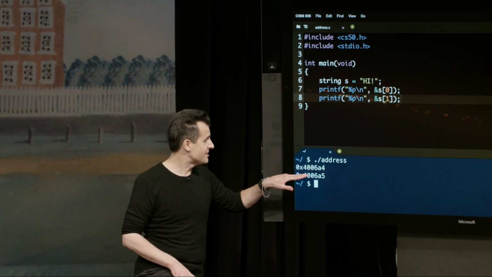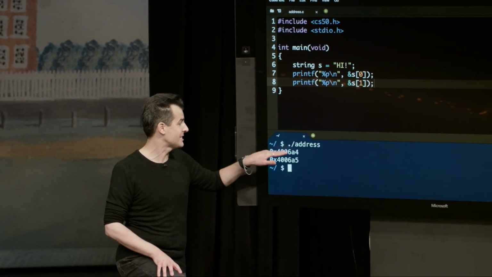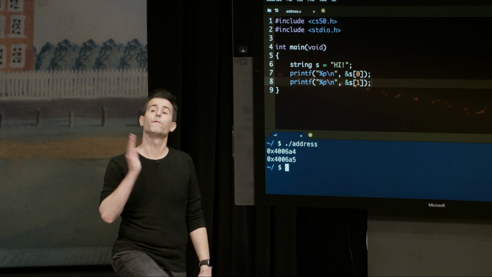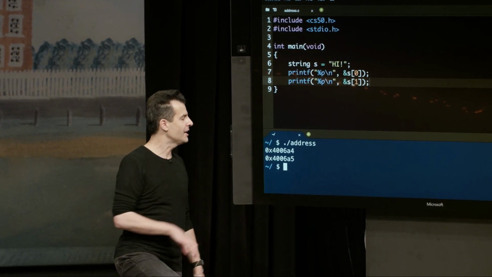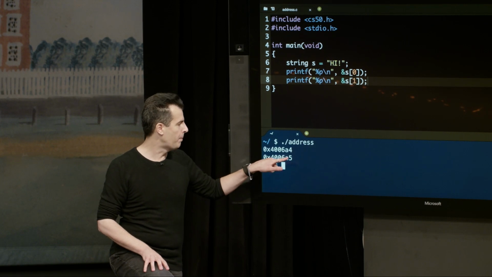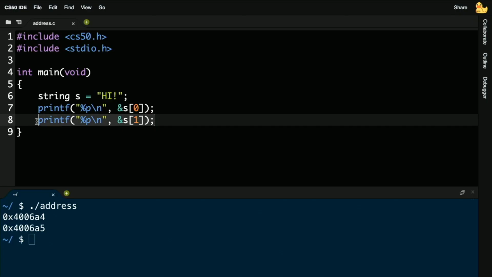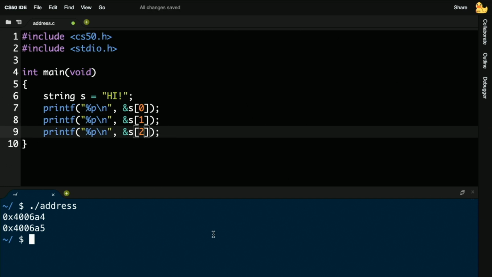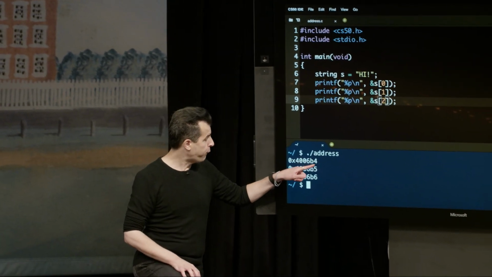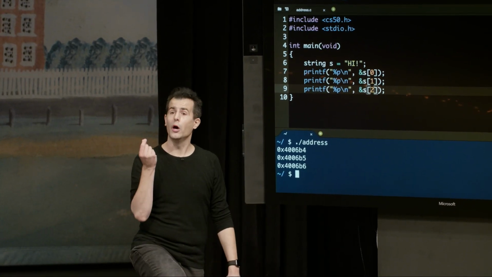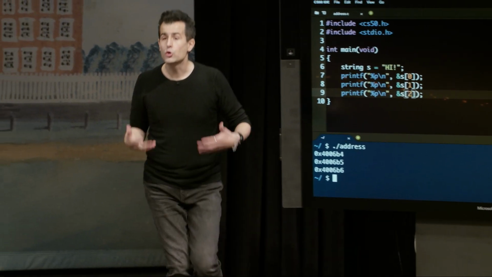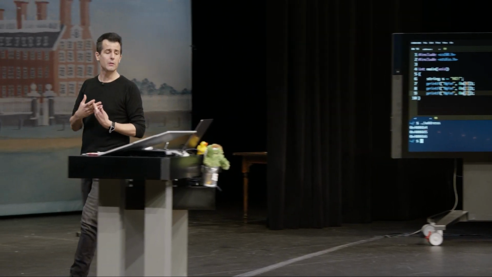And interesting. Well, maybe interesting to me. So you see now 2 addresses, the first of which is 0x4006a4, which apparently is the address of the first character in s. But notice what's curious about the next one. It's almost the same, except the byte is 1 further away. And I bet if I do this, not just for the h and the i, but also the exclamation point, let me do one more line of almost identical code just to make the point that all this time, it's indeed been the case that all characters in a string are back to back to back. And you can now see it in code. 0xb4, 0xb5, 0xb6 are just 1 byte apart. So we see some visual confirmation now that strings are indeed laid out in memory just like this.